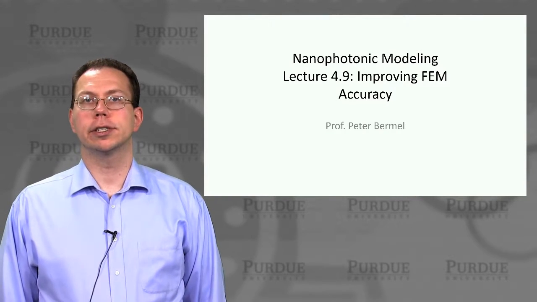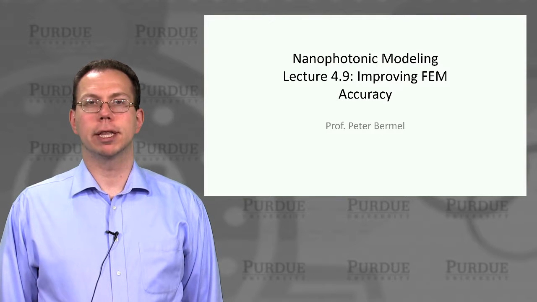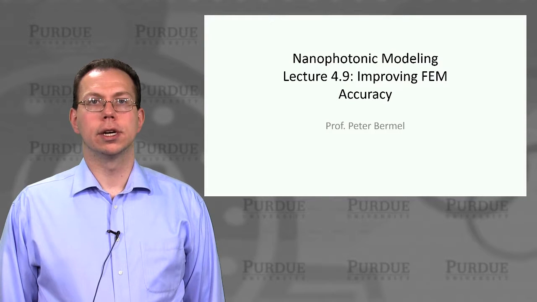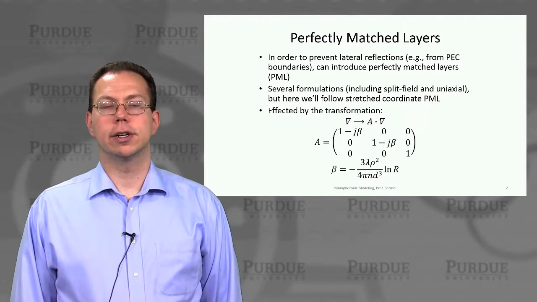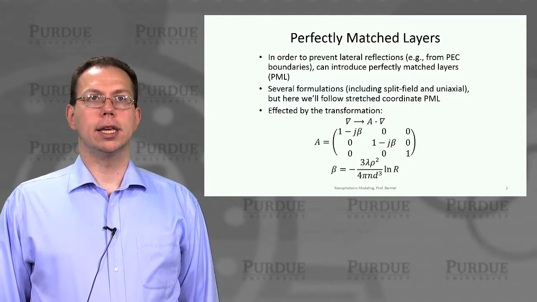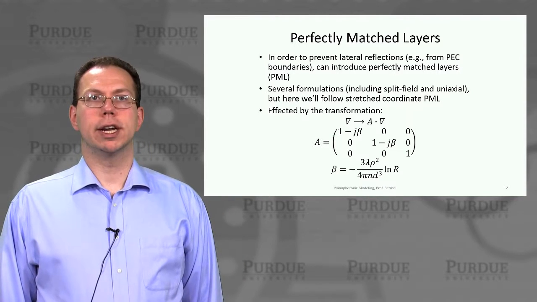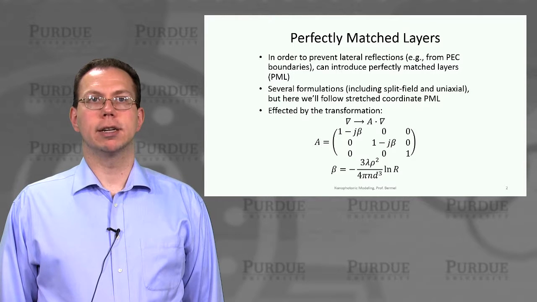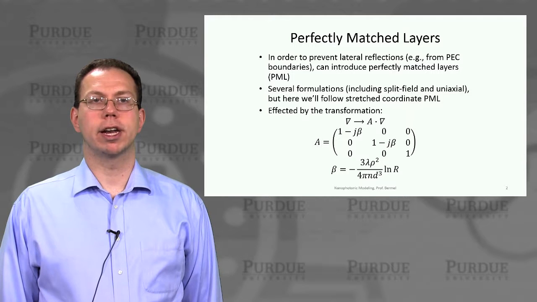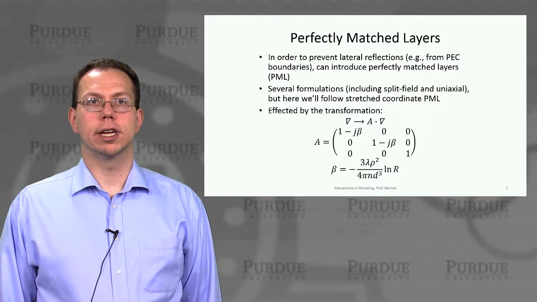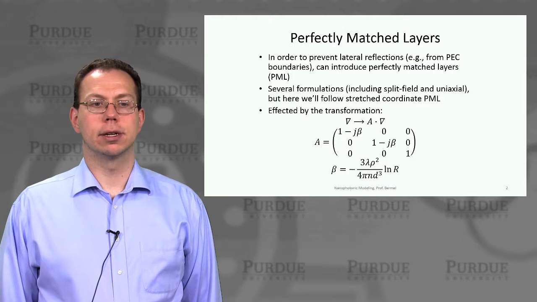In the last few lectures, we developed the finite element method and showed how we could use the Galerkin method to achieve high accuracies in a systematic fashion. And so now we're going to explore how this connects with optics. One of the key challenges in optics is that any fields that we're generating can potentially be reflected back into our spatial grid. That's true whether it's finite difference time domain or a finite element method time domain problem.